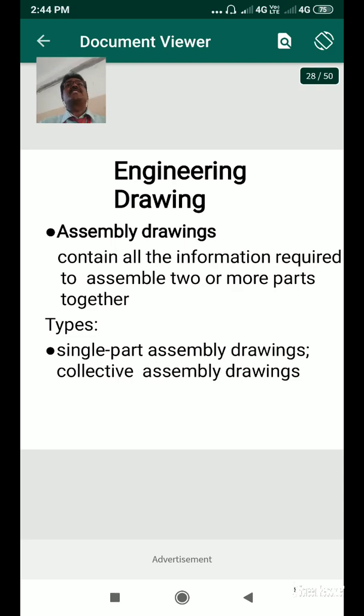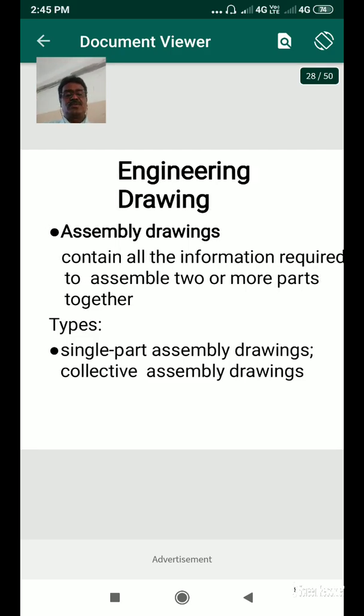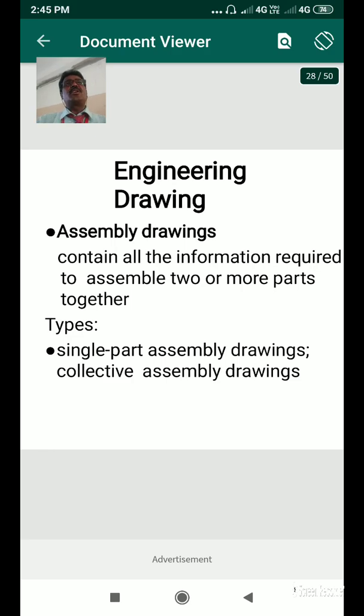So part drawing is a very essential, very important factor in the process planning. In that part drawing only we have to decide all the parameters. So in the part drawing only we have to expose for the lower level of the workers, production managers, as well as workers also. So based on the part drawing only the part is to be manufactured.